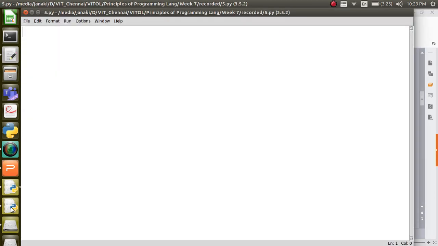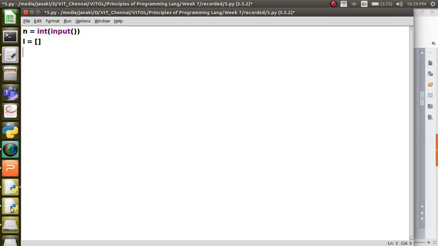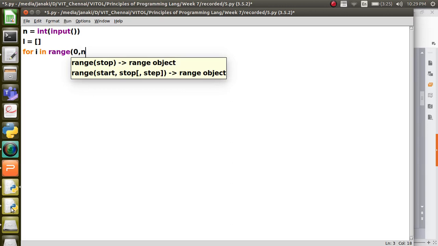So first thing is you have to read the number of elements from the user, and then you have to initialize the sequence. Let us call the sequence L. So I am initializing L to be equal to the empty list, and then you are going to repeat for i in range 0, n.